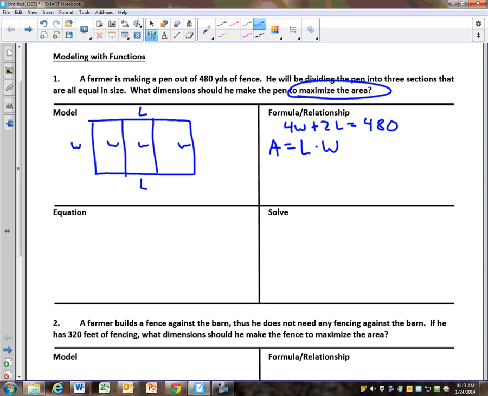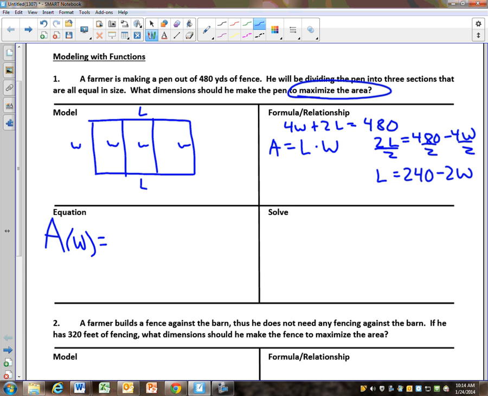As a matter of fact, I'm going to say 2L is equal to 480 minus 4W. And I'm going to divide by 2, and I'm going to get L is equal to 240 minus 2W. Now that I've solved for that, I can substitute, and I will have an equation, rather a function, area in terms of which variable? W